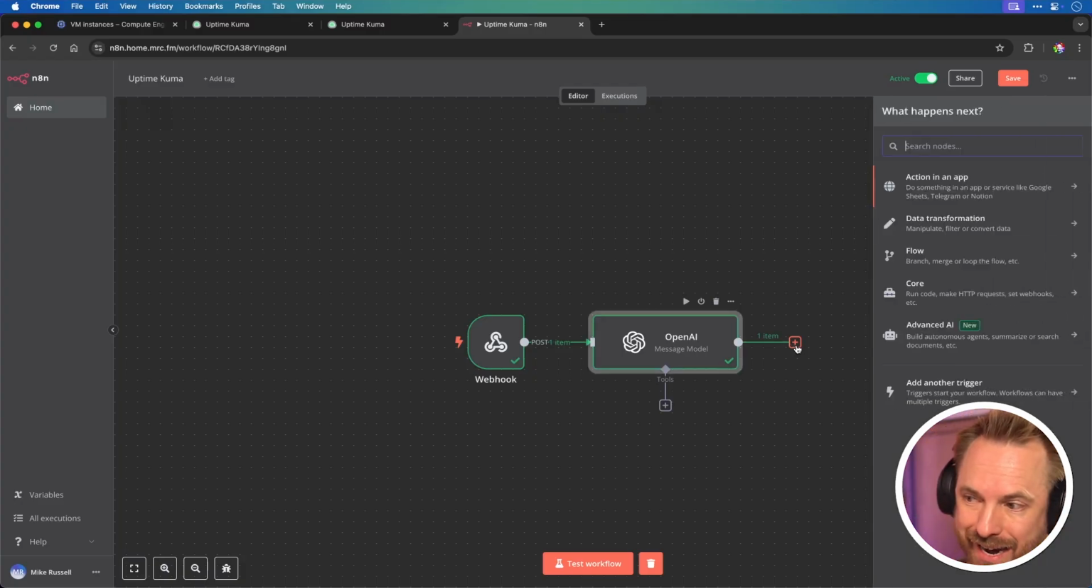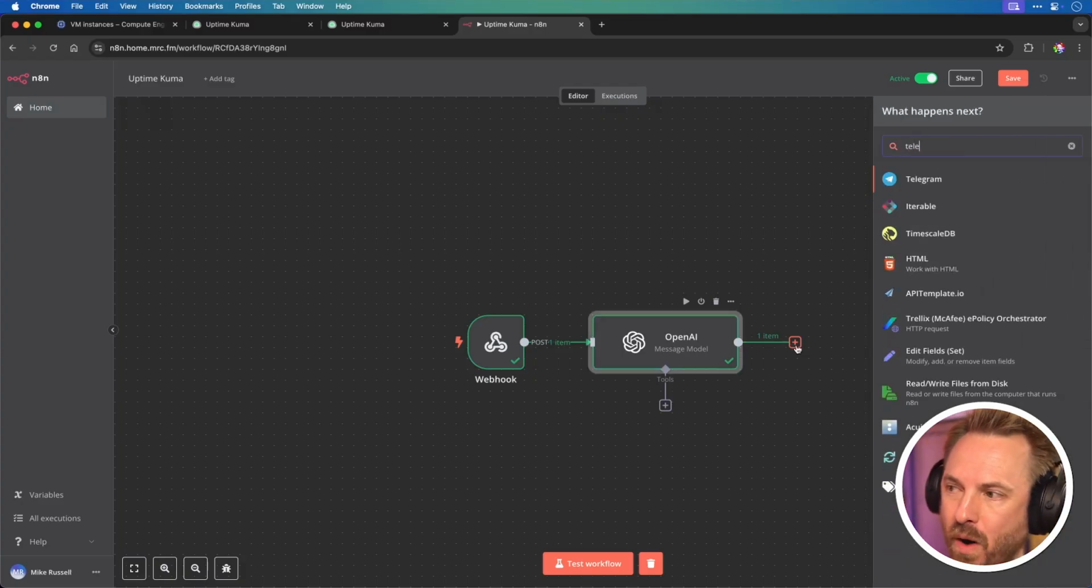So the workflow so far to integrate AI is that Uptime Kuma notifies N8N, which is my AI agent, using a web URL. That then gets passed to ChatGPT, which will then message me with the output telling me what I need to do. So now, in order for my AI agent to message me, I'll add on one more,